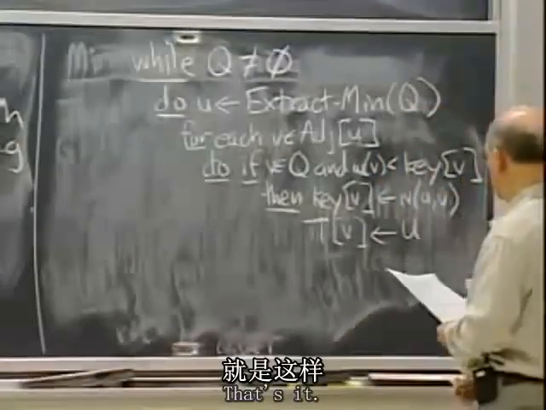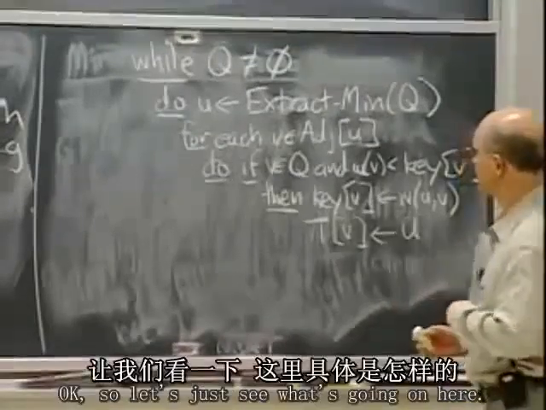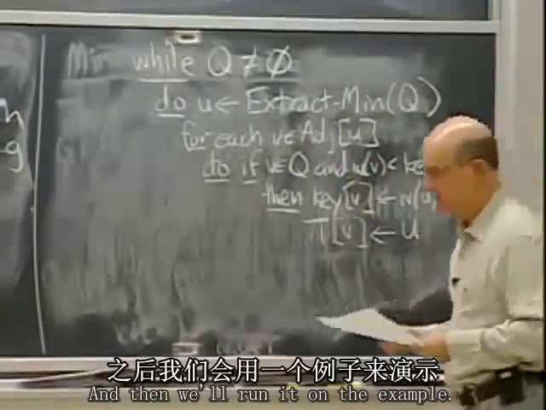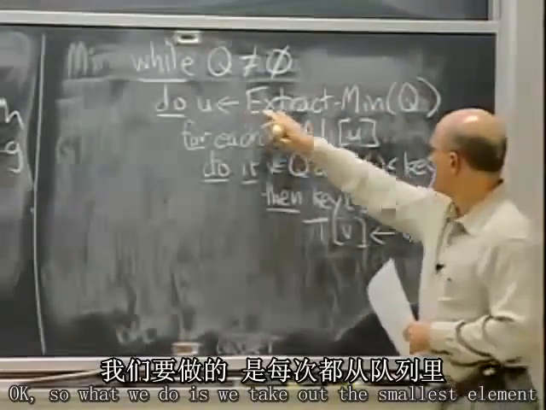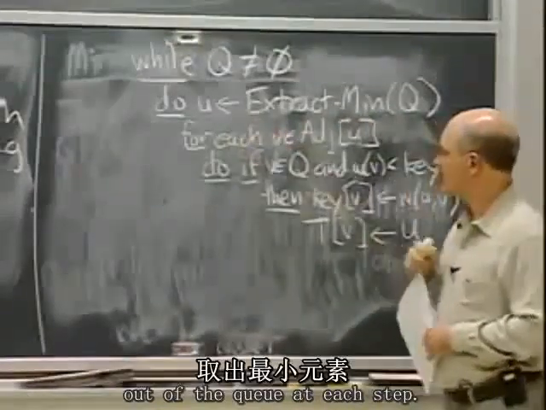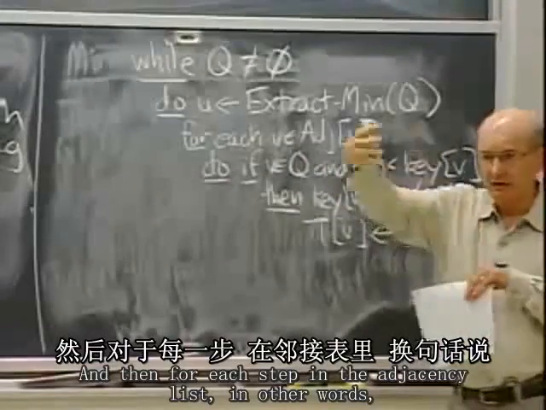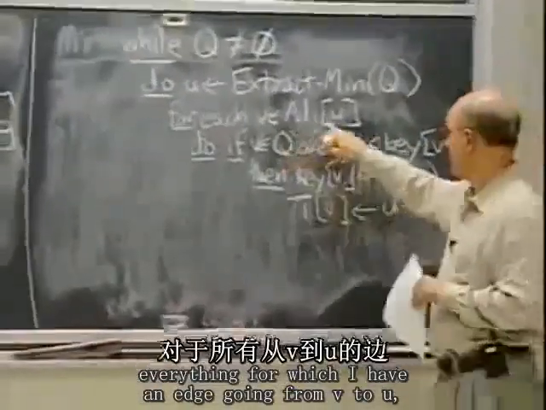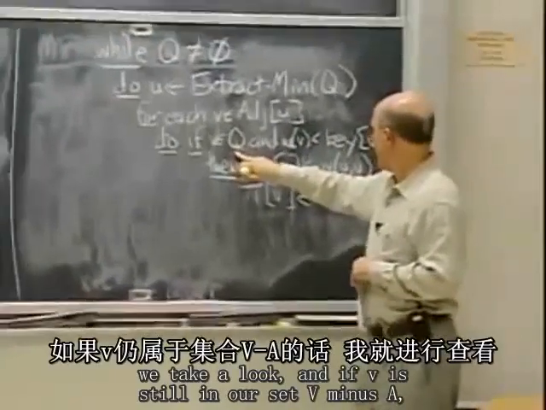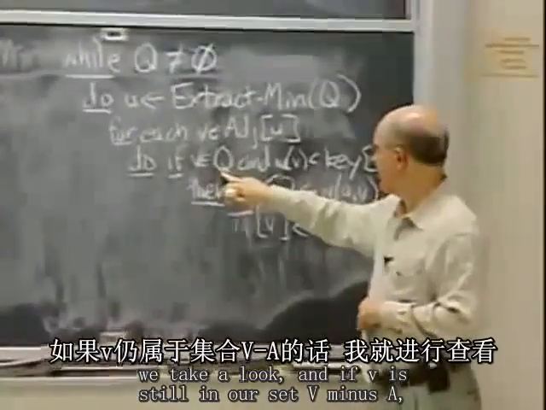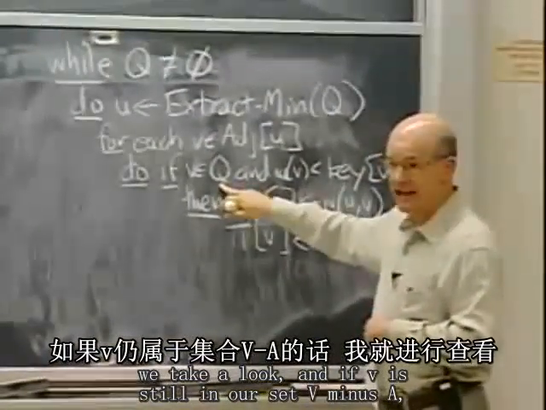That's it. Let's just see what's going on here, and then we'll run it on the example. What we do is we take out the smallest element out of the queue at each step, and then for everything in the adjacency list, in other words, everything for which I have an edge going from V to U, we take a look, and if U is still in our set V minus A,